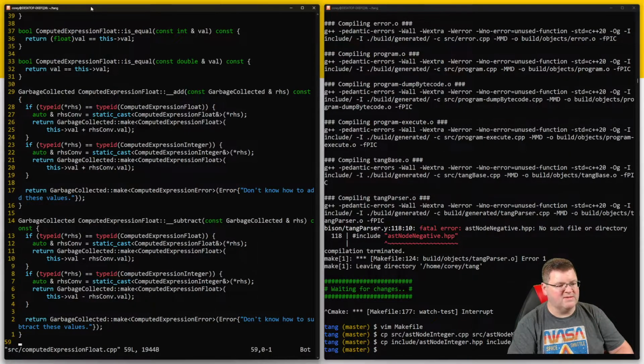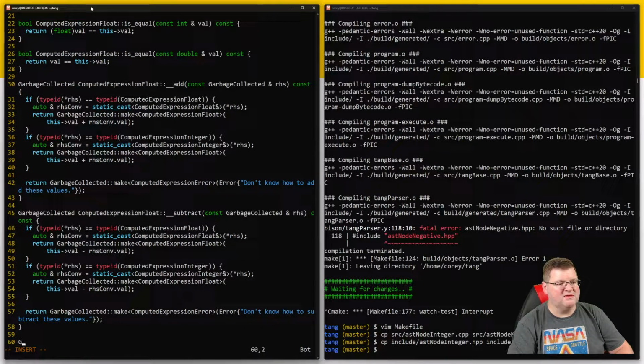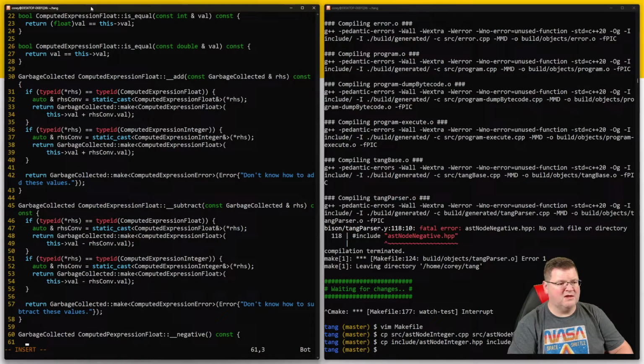Oh, this is going to be a lot simpler than the others. Garbage collected, computed expression, float, dunder negative, const, and we're just going to say